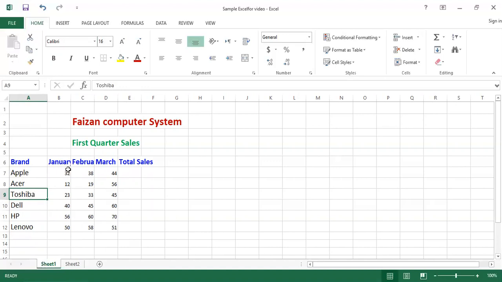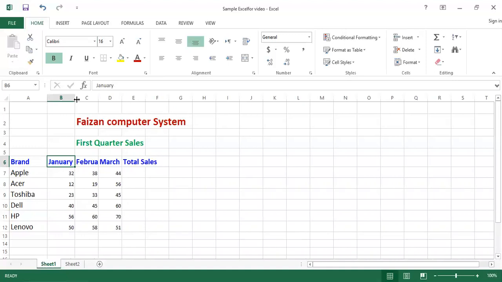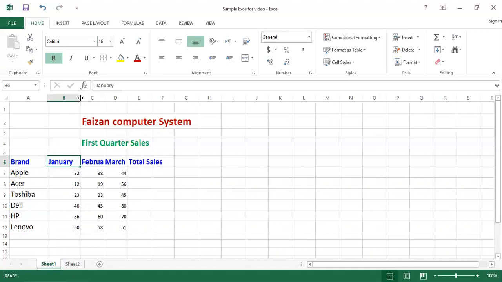Again, January is not appearing in the B6 cell. So what you will do, you will again move your mouse pointer towards the particular cell address which you want to increase. For example, I want to increase the B column width. So again you have to drag your mouse, then you will see that the width of the B column is increased now. And again you have to apply the same method.